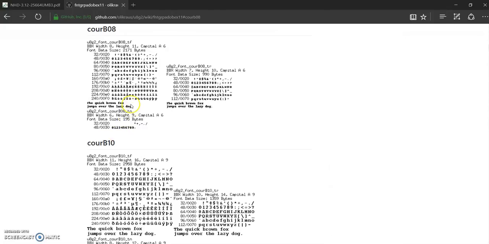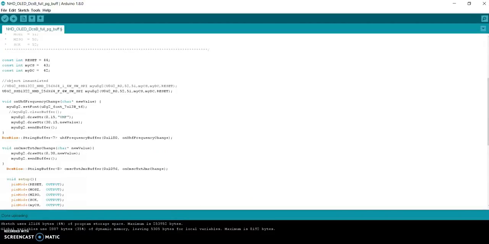The actual name is right here, U8, for this particular font. It's not the one I used. But if you were going to use this Courier B08 type font, then you would just come down and copy this U8G2 slash font Courier, B08 slash TN, and then you insert that